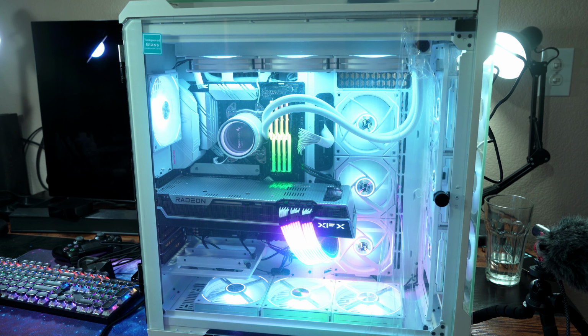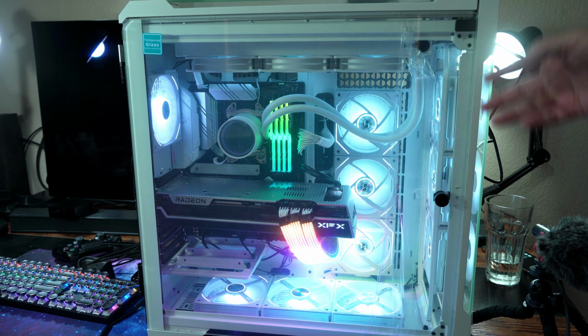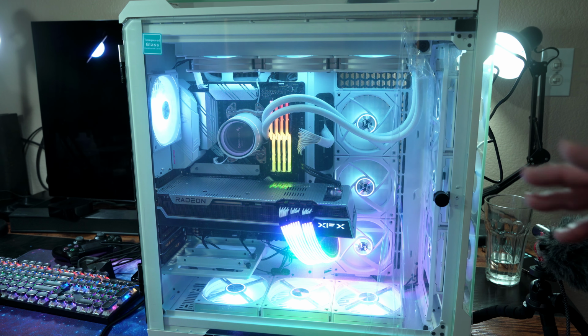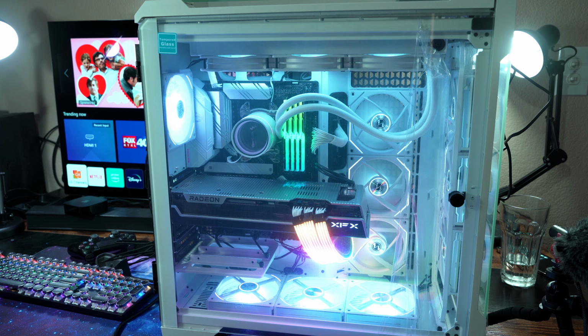I bought them one at a time, starting from the case and then the fans and then the motherboard and then the CPU, and at the end I picked up some hours and made some money gambling or something. At first when I built this PC, I was thinking about buying a very expensive